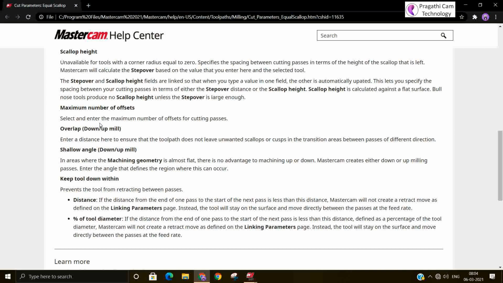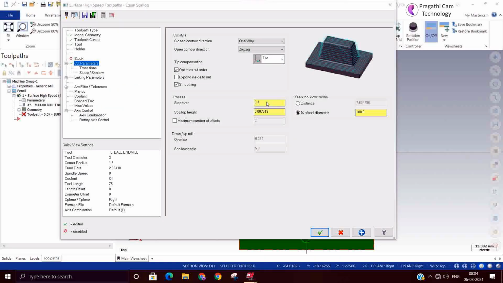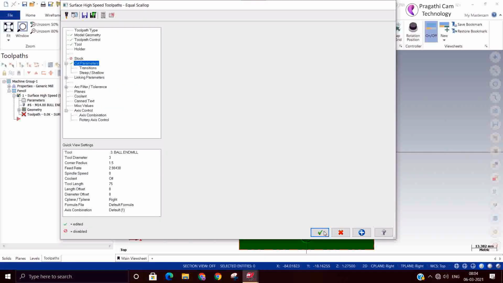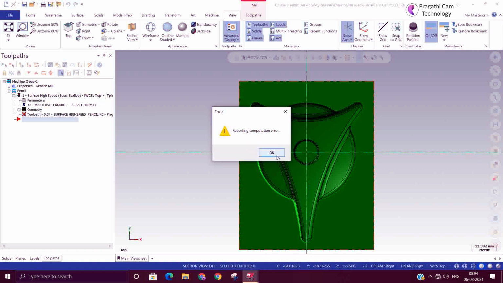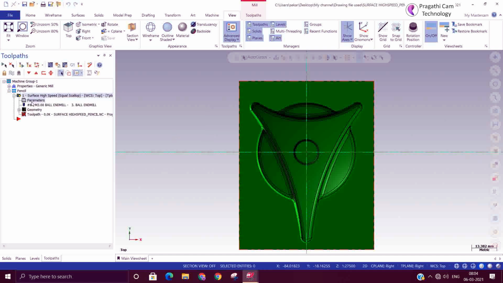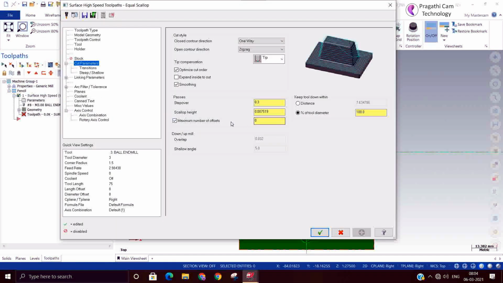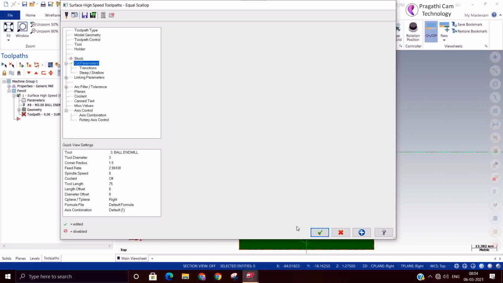Select maximum number of offsets. First we'll keep 0, but later on we'll change it and see. I just removed that particular tab.